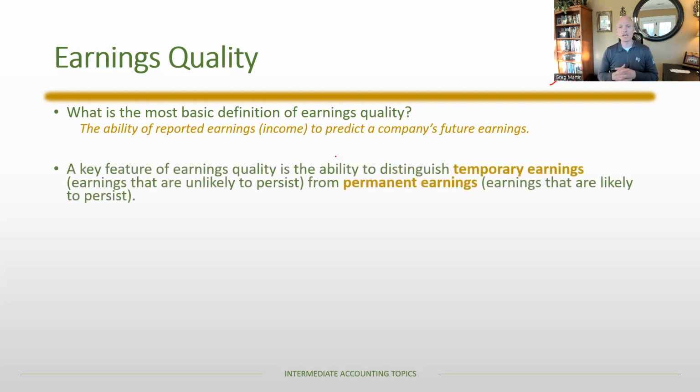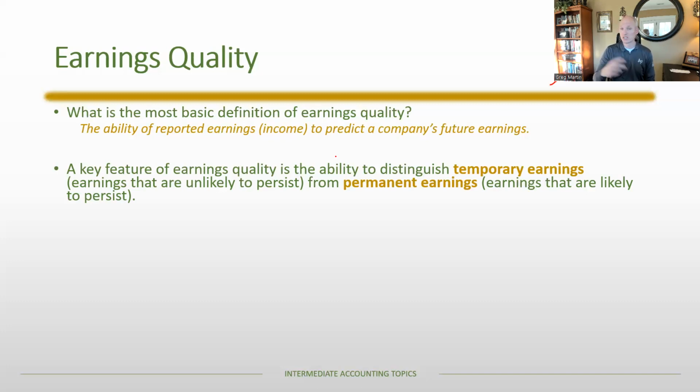A key feature, as a launching point when you're thinking about earnings quality, is distinguishing between temporary earnings, those items that are momentary, non-recurring, aren't likely to persist, and then permanent earnings, which are those that are likely to persist. Think about sales revenue. That's an item that the company, by definition, is going to continue to do. That's a very permanent component of earnings. Whereas something like a gain on sale of equipment, odds are you're not doing that quite as often, and so that's more of a temporary kind of earnings. Both of those are revenue items, of course.